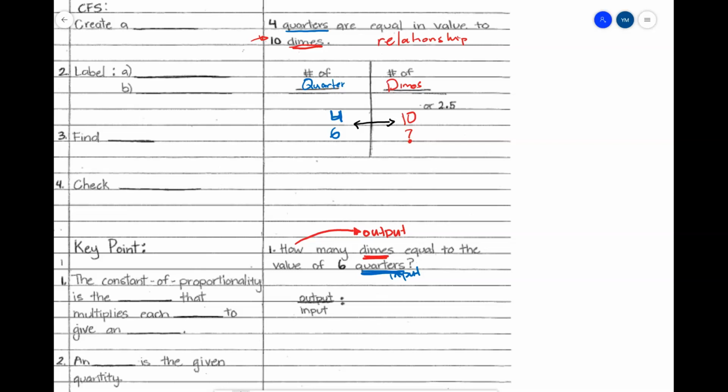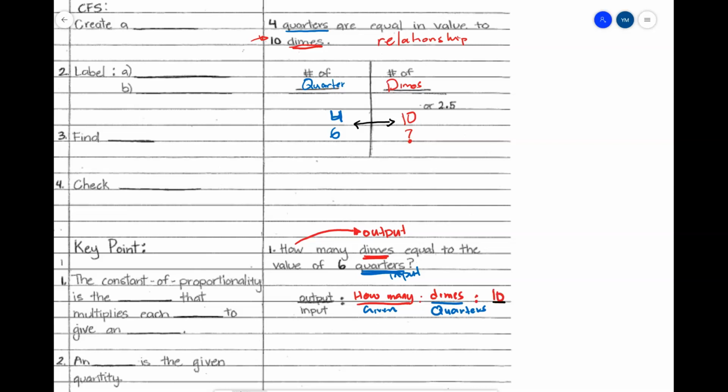So in this case, what we want to find is how many dimes out of how many quarters. So what do I have? So here I have 10 dimes